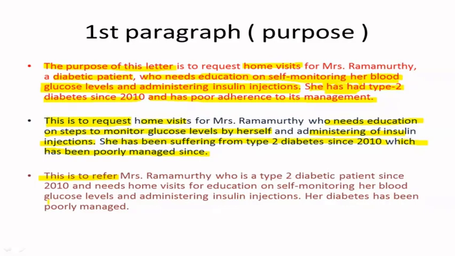Okay, we read the third one. This is to refer Ms. Ramamurthy, who is a type 2 diabetic patient since 2010 and needs home visits for education on self-monitoring her blood glucose level and administering insulin injections. Her high diabetes has been poorly managed. You understood this structure? Did you get this point? Right? Okay, after this first purpose paragraph, we can go to the next one, in which we can start with